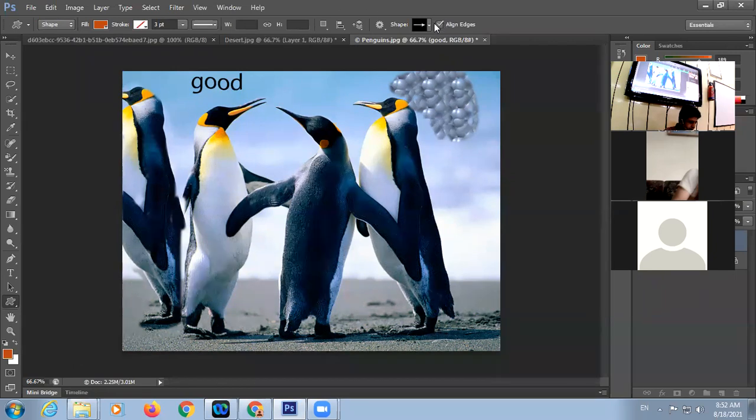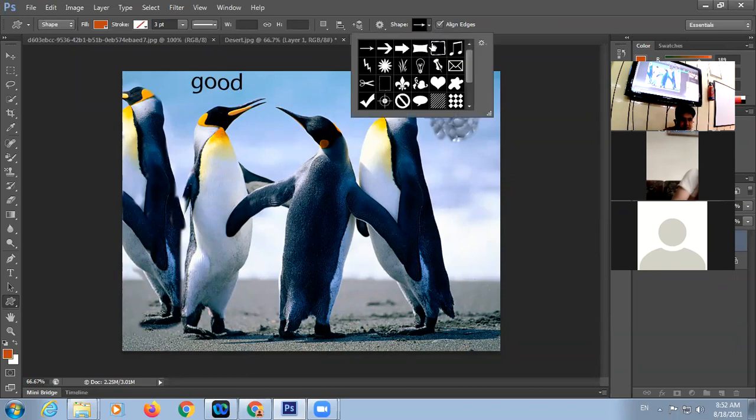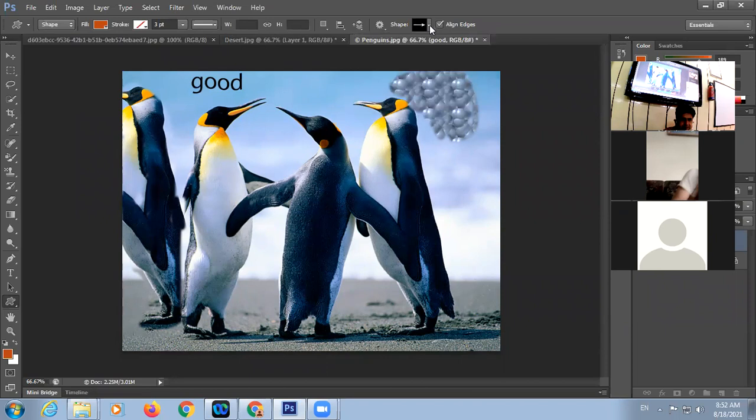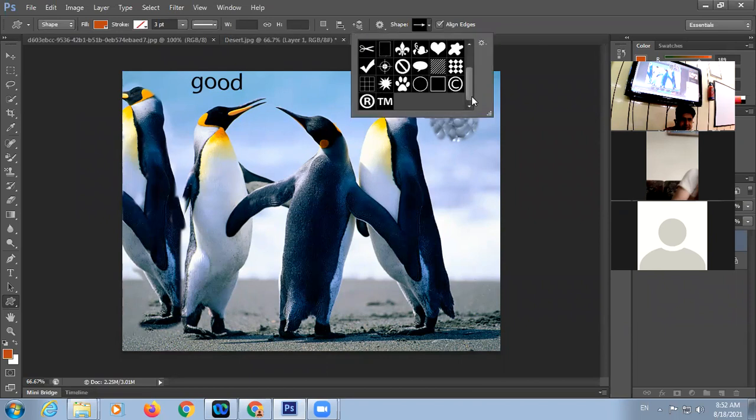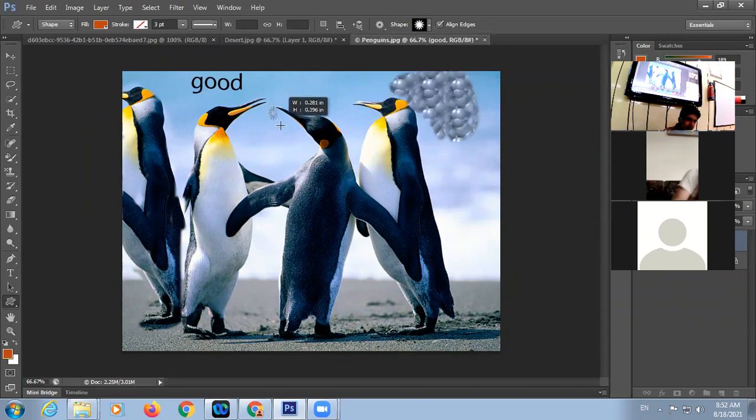So in the custom tool, look at here, there are preloaded images. Look at this here. So you can select, click here and come to your image and drag it.